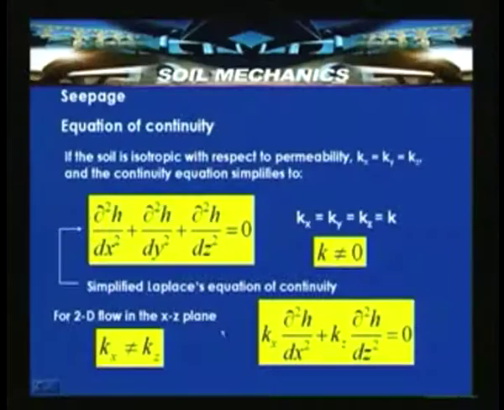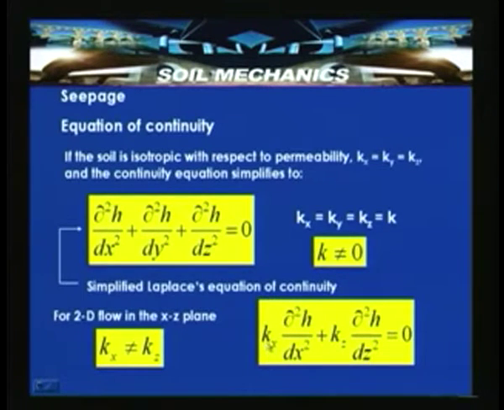In that case we can say that dou square h by dou x square plus dou square h by dou y square plus dou square h by dou z square is equal to 0, which is the simplified Laplace's equation of continuity. Very important expression which helps in solving some of the two dimensional problems for flow of water through soils. So, for two dimensional flow in xz plane, if kx is not equivalent to kz, say anisotropic as far as two dimensional flow is concerned,